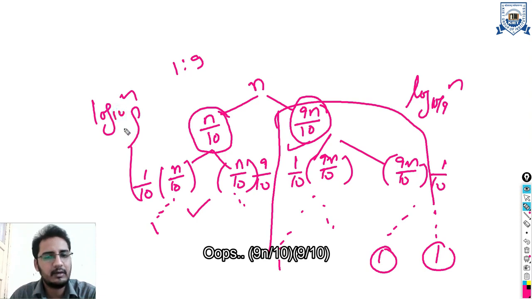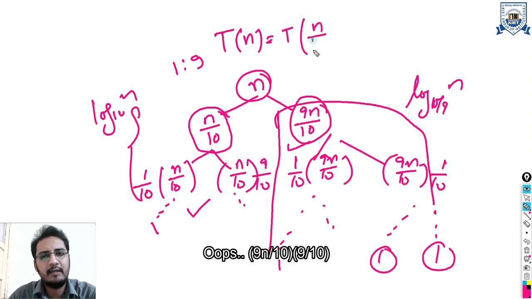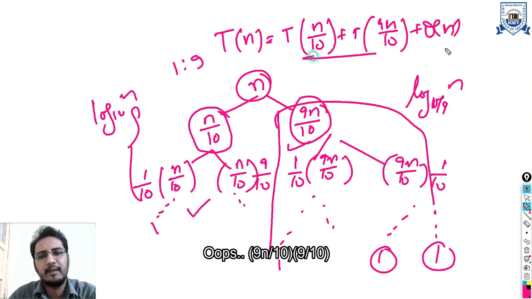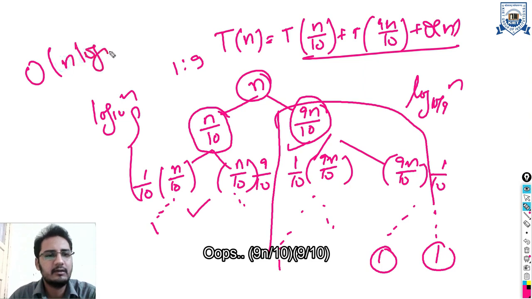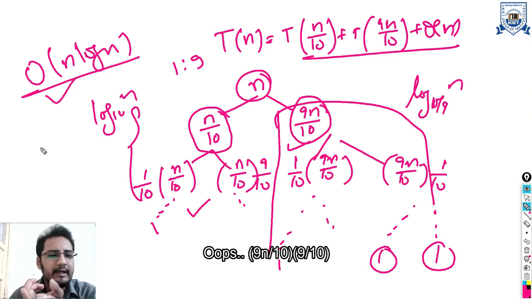Okay. So when you try to analyze it, the recurrence will be T of n is equal to T of n by 10 plus T of 9n by 10 plus theta of n. And when you solve this recurrence, you are going to get the time complexity as order of n log n. So if you are getting a split of even 1:9 or 1:99 or 1:999,